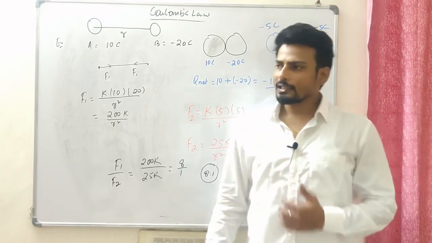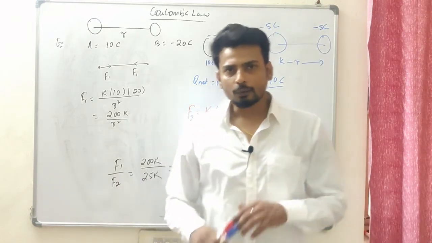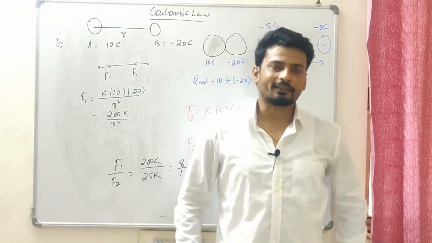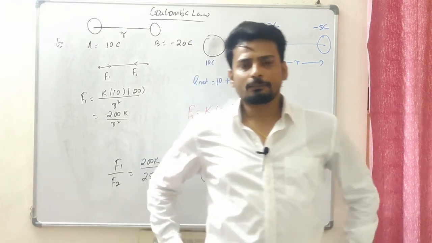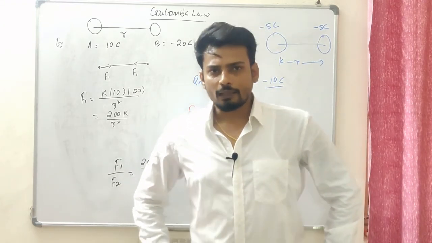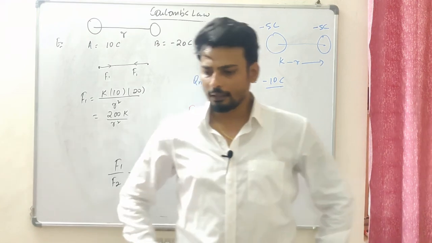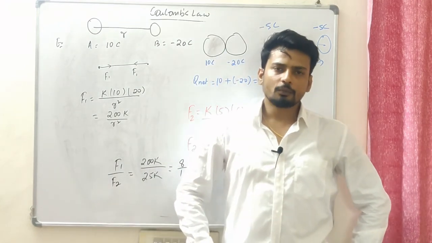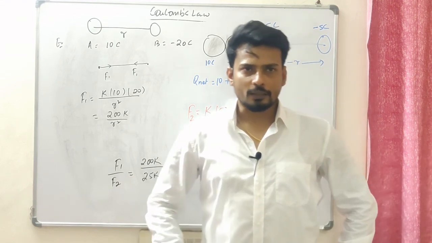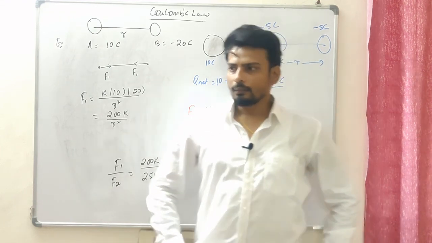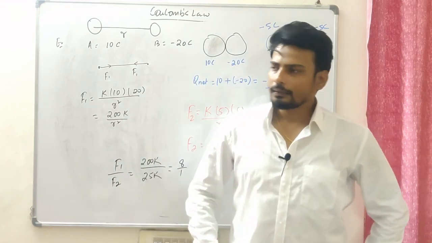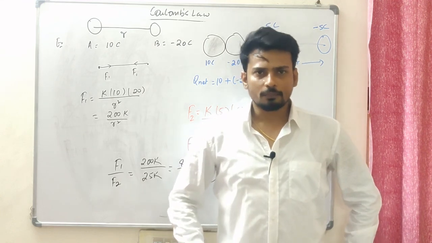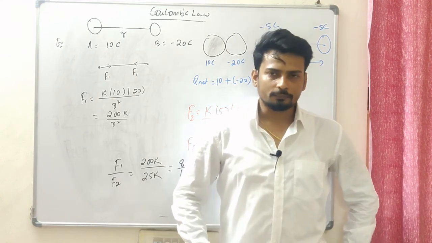Okay, so with this lecture I'm ending Coulomb's law. The next video is going to be on the electrostatic field, that is the electric field. I'll be discussing the electric field in the next video, and the next 2-3 videos will surely be on the electric field. That's a really important component of this electrostatics chapter, and then we're going to move on to electrostatic potential and the potential energy, of course, and then to the next chapter. So guys, if you try to solve all the questions of electrostatic force based on Coulomb's law and the Coulomb's vector law, I'm sure you'll be able to do that.